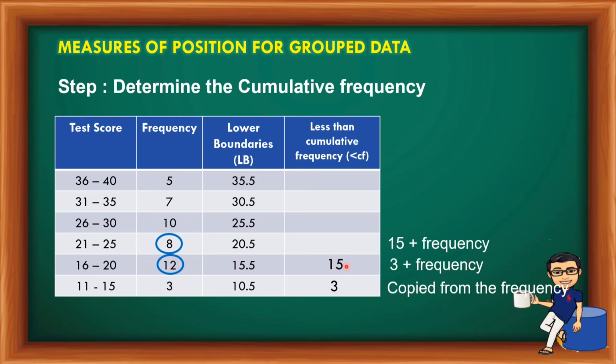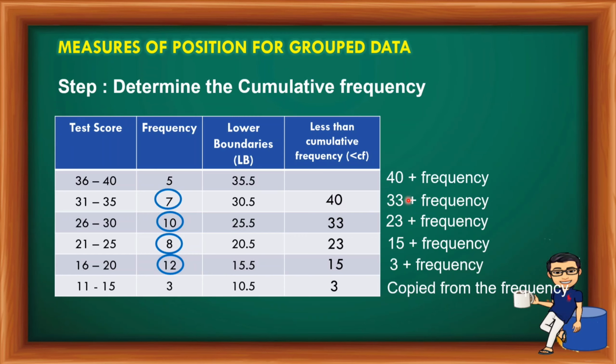So that's 8. So 15 plus 8, that's 23. Follow the next procedure. So, yun na uli yung gagawin natin, plus 10. Okay, follow pa rin, same procedure pa rin, plus 7, 40, then the last one is 45. Okay, so, another important thing kapag kinukuha ang cumulative frequency, tandaan nyo na dapat siya ay equal sa total frequency